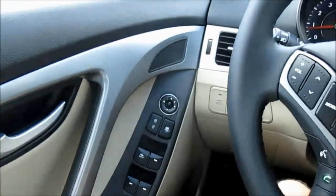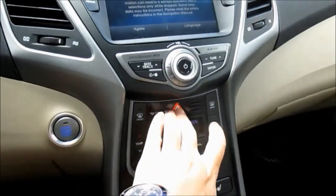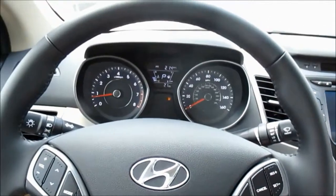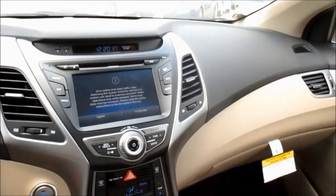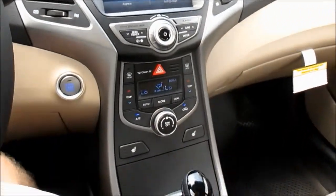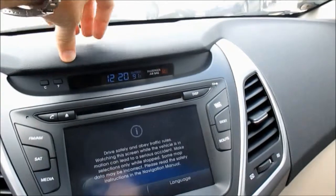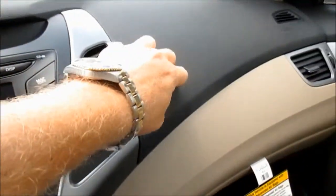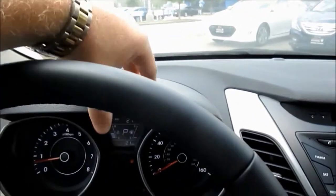You can hear the door closes with a nice soft thunk. And once you step inside the Elantra Limited, you really notice that the vehicle is a lot more different than some of its lesser trim levels. As far as aesthetics go, it's still pretty much the same build quality and materials. The dashboard is padded with a nice soft grain, very almost rubber-like material. Not so much in the way of hard plastics, like a little bit more of the basic trim levels